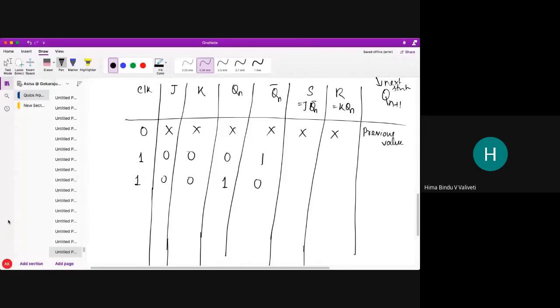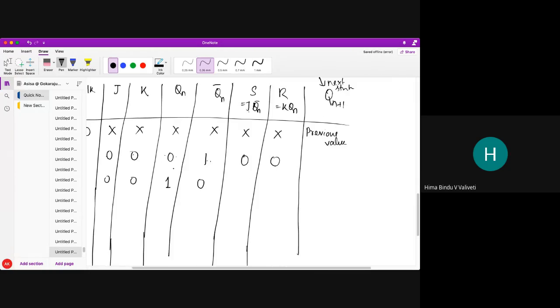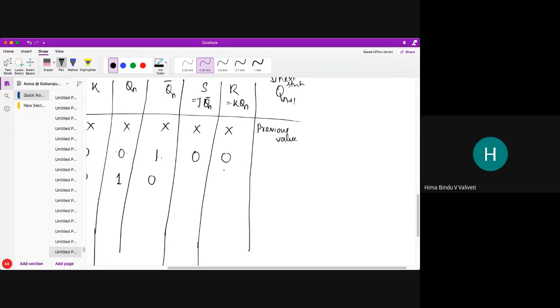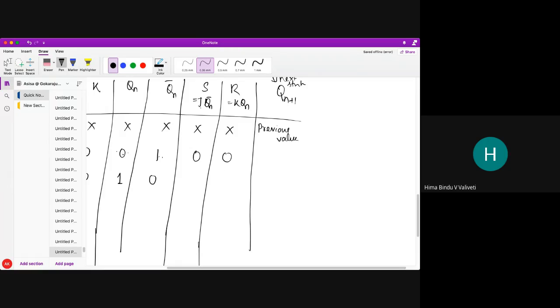Now what will happen? J Qn bar, this is J Qn bar, 0 and 1 AND gate, so it is 0. K Qn, 0 0, it's 0. Now tell me, if S and R are 0 0, what will I get mainly? If S and R are 0 0, what will I get mainly? Whatever the present state is, that I will get, because